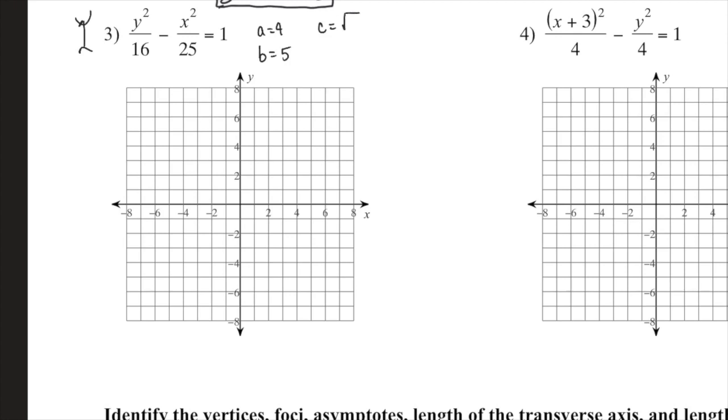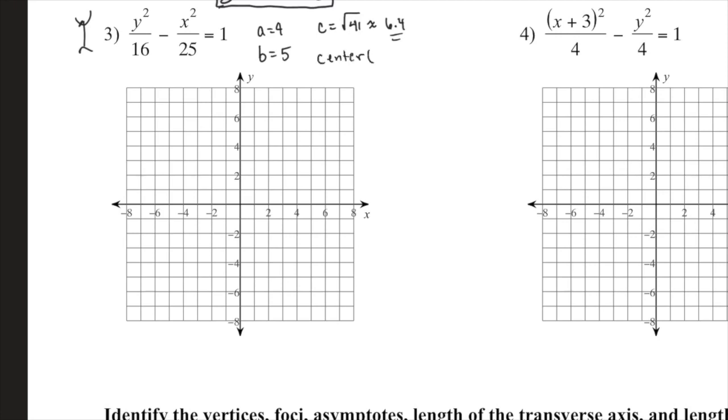So we're going to have the square root of 41, which is approximately 6.4. I do this to get the decimal just so that I can really be able to understand how far I'm going to be going to graph this. Writing the coordinates, I'm definitely going to stick with the radical, but I'm going to graph it. I need to know about how far it is away from the center. So this really helps out. By the way, the center,